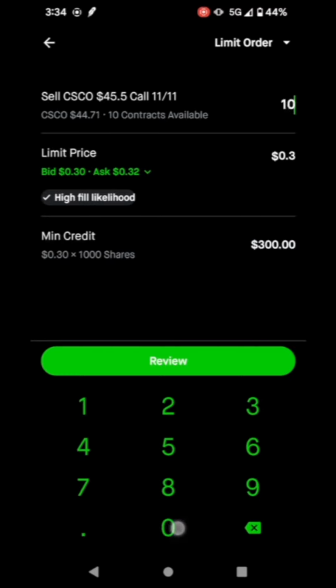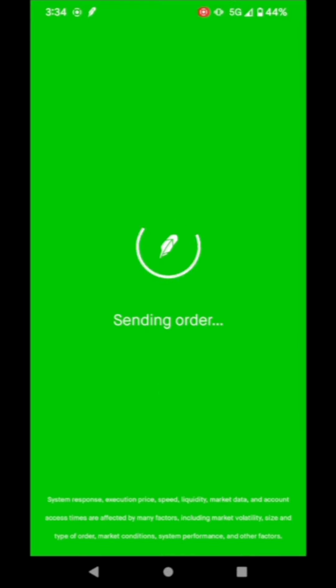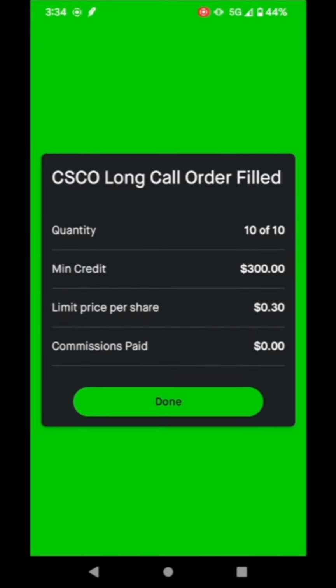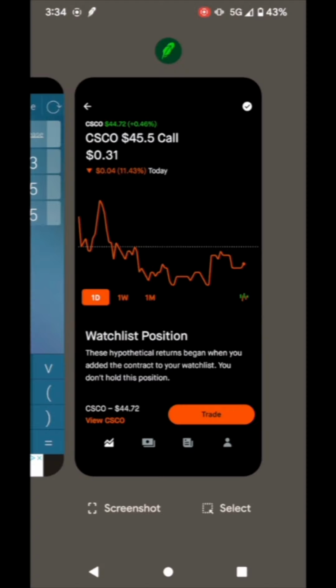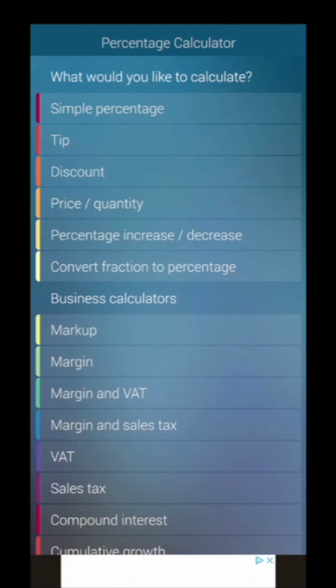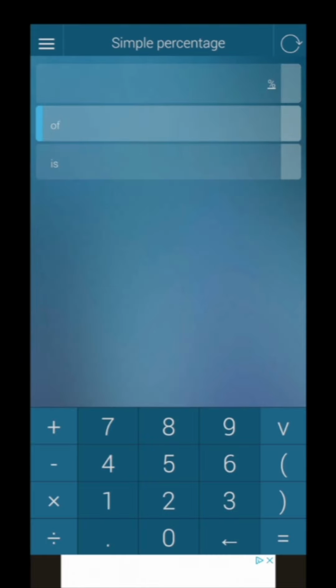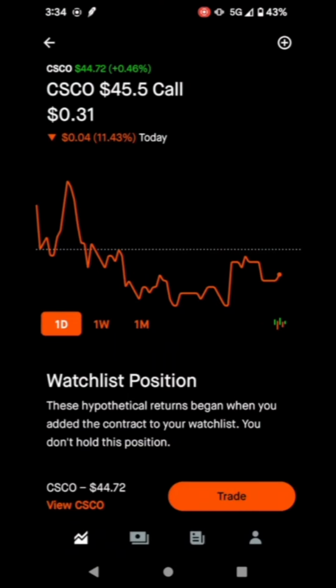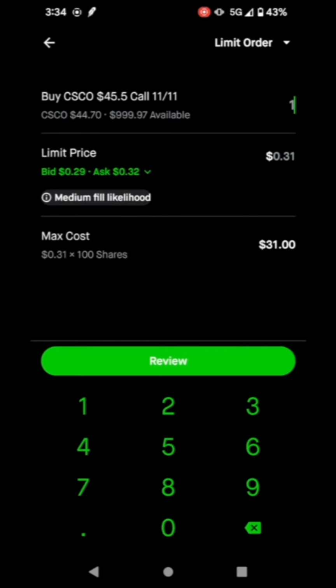So I have a little simple percentage calculator. It comes in handy when looking for different profit that you want to achieve or trying to figure out how much of your portfolio you should allocate. And for me to put in 5% of my total portfolio in every trade, that's going to be around $50. So just one of these contracts will do. So we go ahead and we put in our buy order, and I'm going to buy back in at one